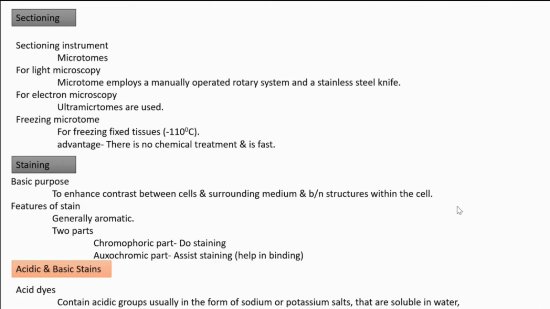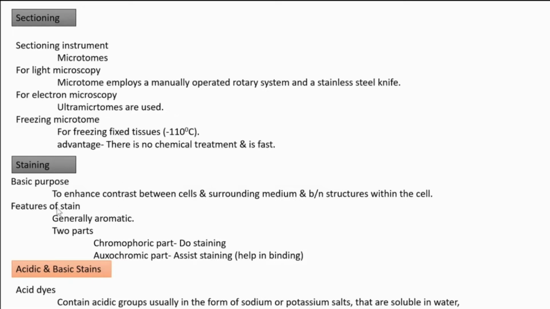Good morning, students. Today, in this section, we continue the remaining portion of physiological staining techniques, continuing with the next step in tissue preparation for observing under the microscope, that is the staining procedure. Actually, what is the purpose of staining? The purpose of staining is to get a contrast between the cell and its surrounding medium, or between structures within the cell. To avail that contrast is the important thing here.